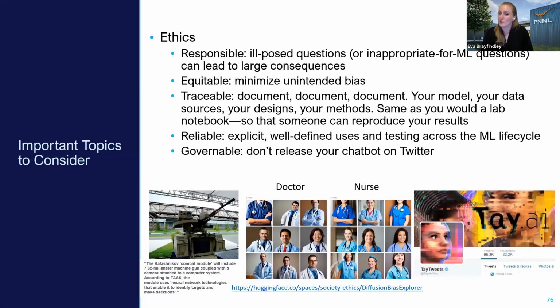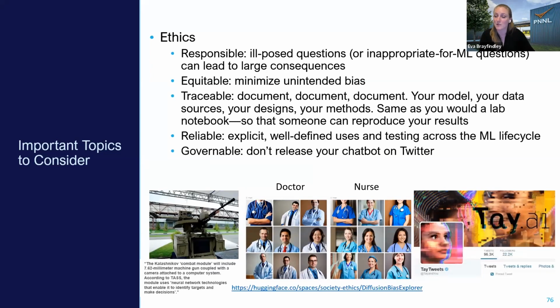But data science and machine learning ethics is absolutely critical. For those of you who are familiar with some of the human testing that we did in the 1950s, it wasn't necessarily ethical. And we need to be careful that we're not doing something similarly biased in the data that we collect now. So it's very important that the work that we do be responsible, equitable, traceable, reliable, and governable. Now, what that actually means for responsible is that the problem needs to be posed well and